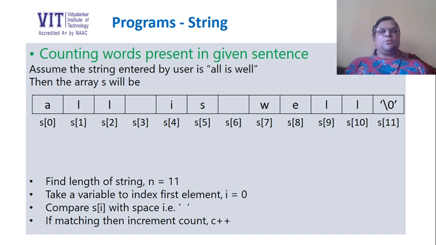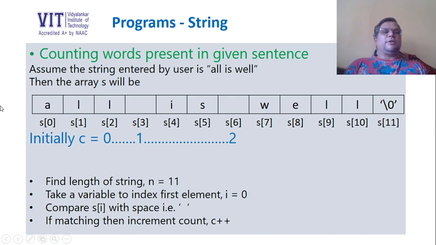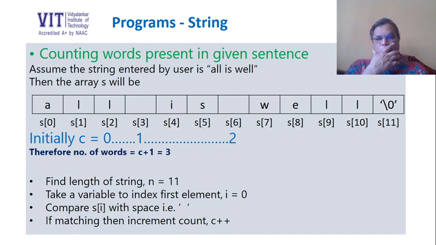We will repeat this procedure till we reach the end of the string. So in short, the procedure will be like this. We will initially take the value of counter c equal to 0. The first time we encounter a space, we will increment the value of the counter by 1. The next time we encounter another space, we will increment the value of the counter by 1, so its value becomes 2. And then likewise, we will keep on comparing the remaining characters till we reach the end of the string, that is, till we finish with the length of the string. And finally, what we will get is the number of words equal to c plus 1, that is 3.